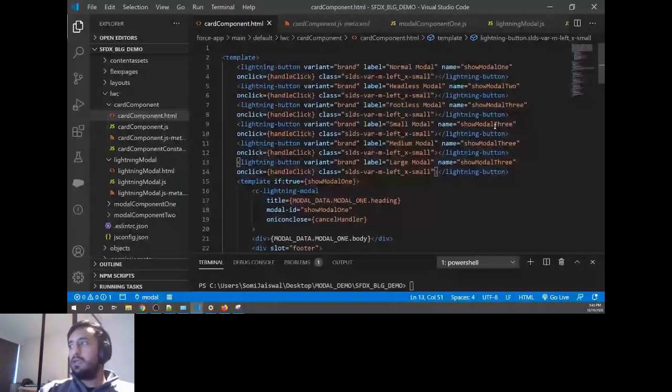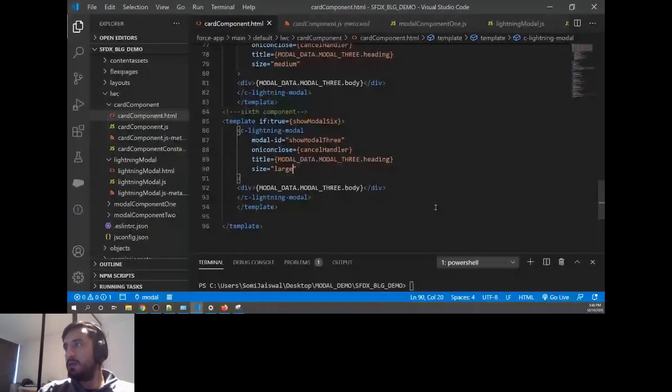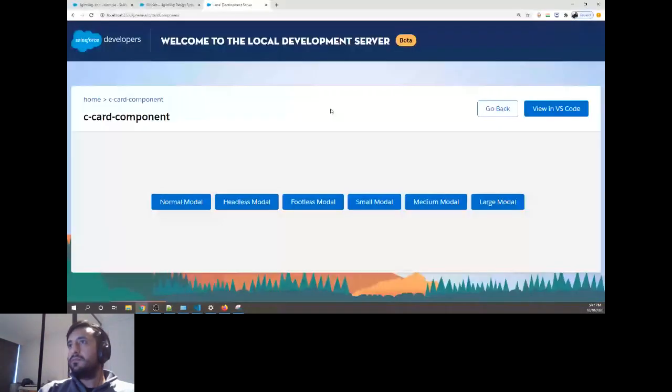So let's go back and now open our model. We have already seen these three. We'll go to small model. This is the small size. Okay. The one by default it's coming, it's an extra small. So right now it's not closing. So we have maybe misplaced some IDs. Yes, so we misplaced the IDs here, as well as here.